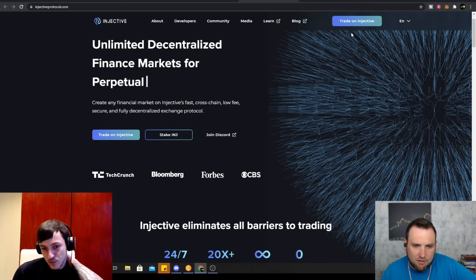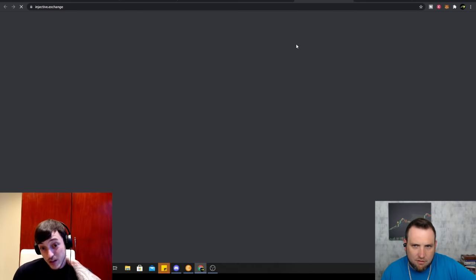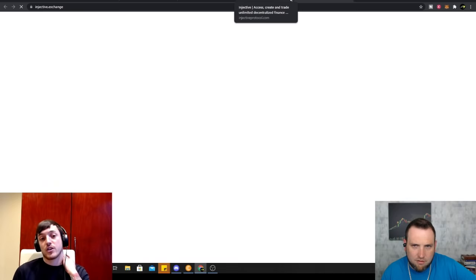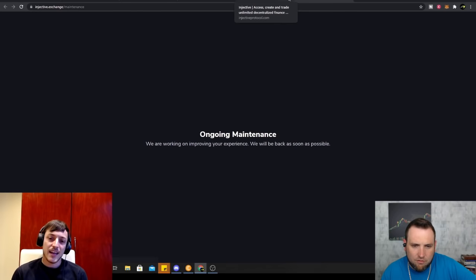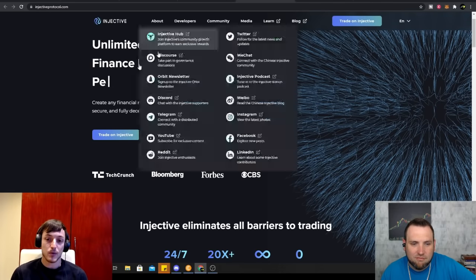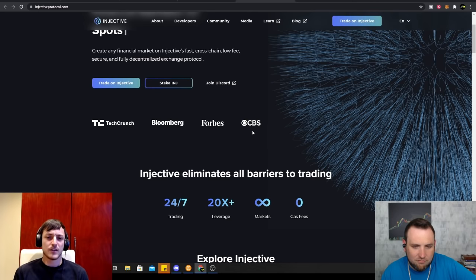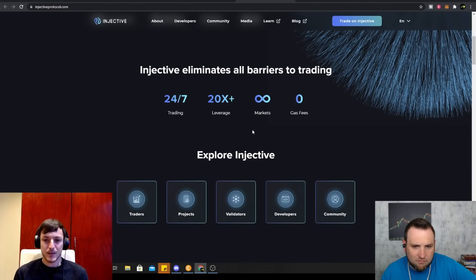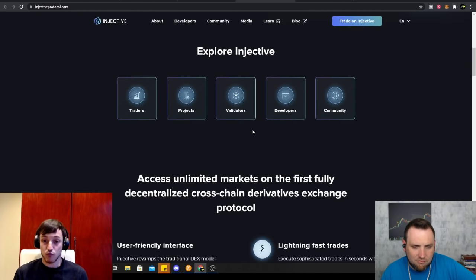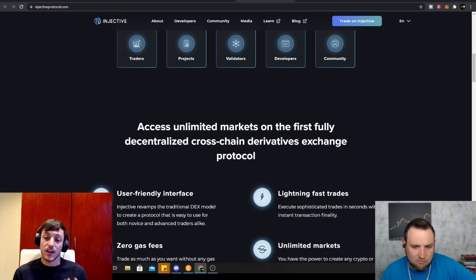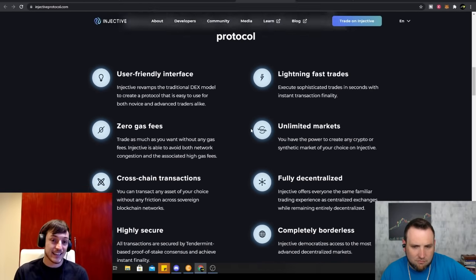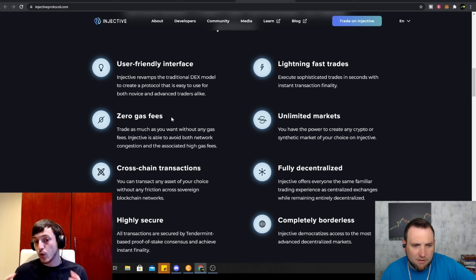Yeah, that's correct. So with Injective Protocol, it's actually one of the projects I'm very bullish on. I've got a sizable position on Injective. It's a decentralized exchange, but also it's its own blockchain on Cosmos. So it's a sovereign Cosmos blockchain built on Tendermint, which then has its Injective exchange built on top. Now, it's not come fully to market yet, but it had a really successful testnet with a range of markets. And it's another platform where you can trade synthetic assets and spot markets with an order book model.